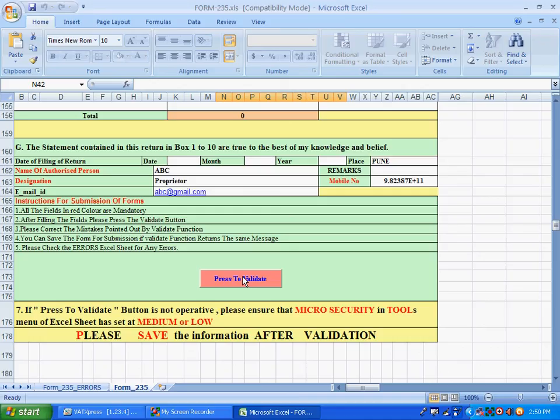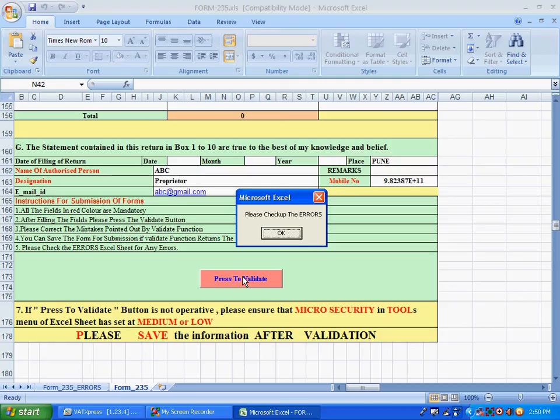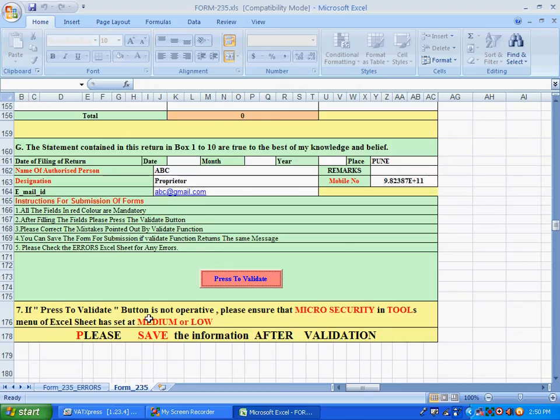Press on the Validate button for validation and ensure that there are no errors in the return. After correcting all the errors, your file will be validated and a message of successful validation will be shown. This means that the new return is ready for e-filing.